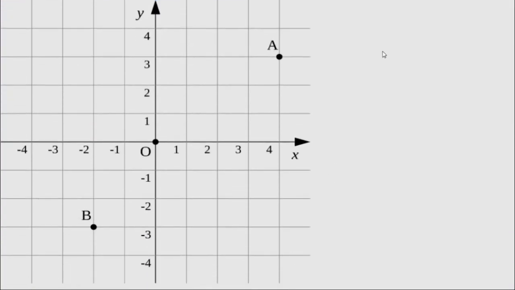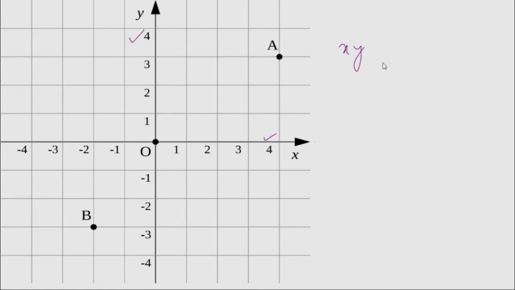We already know how to locate a particular point in any Cartesian plane, or we can say in the xy plane. Here you can see this is the Cartesian plane where this axis is the x axis and this axis is known as the y axis.